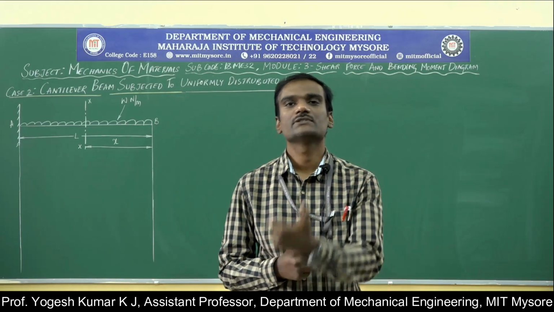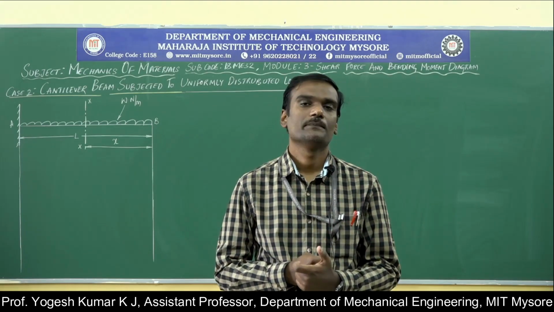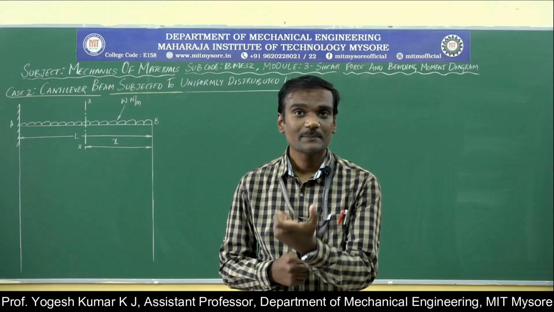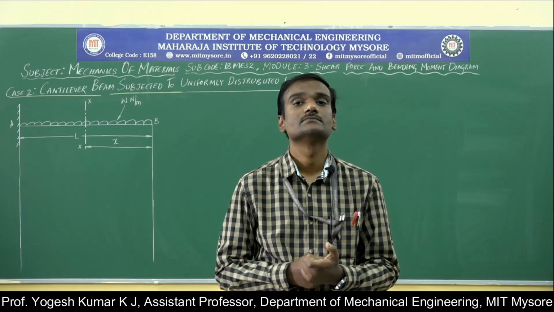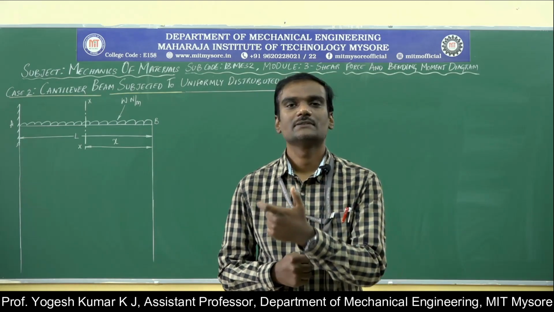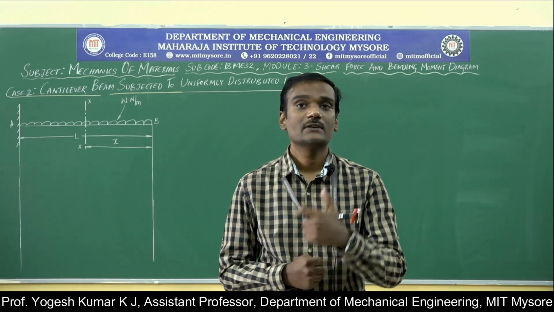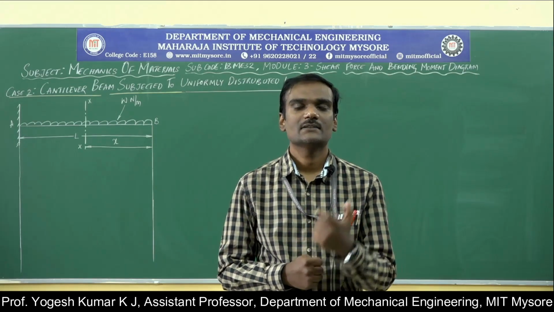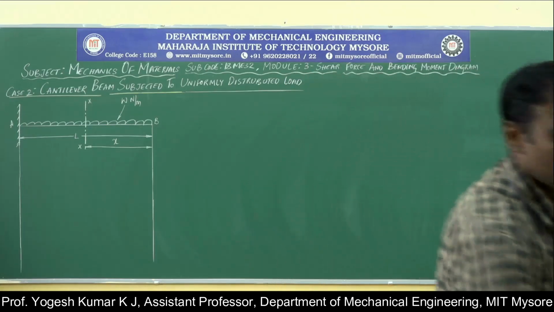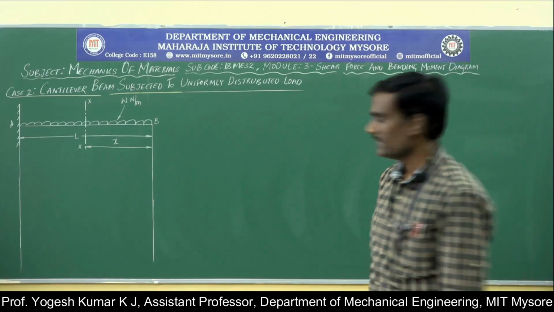I want to convert this UDL into a point load. So what is the length I should multiply now, where I have considered a span length of x alone? It should be multiplied with the length x. And where will it be acting? It will be acting at the mid span of x. That means